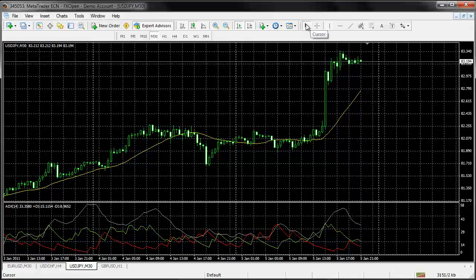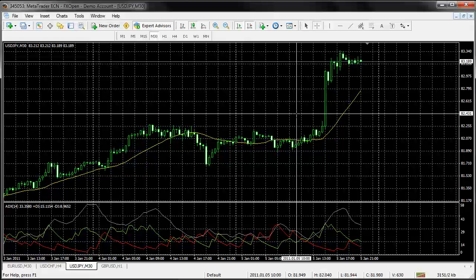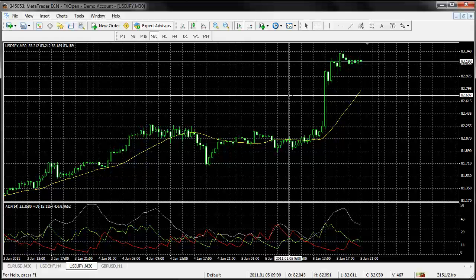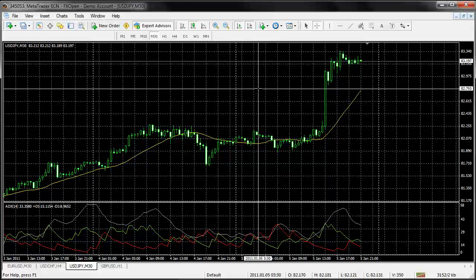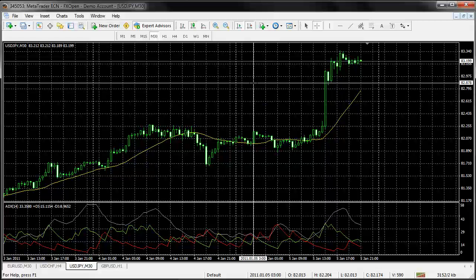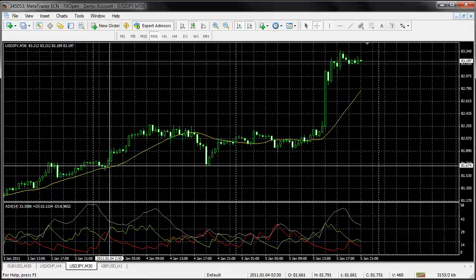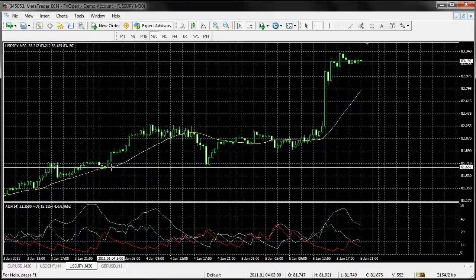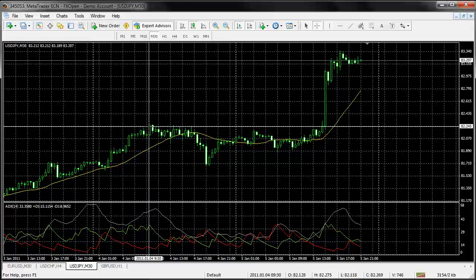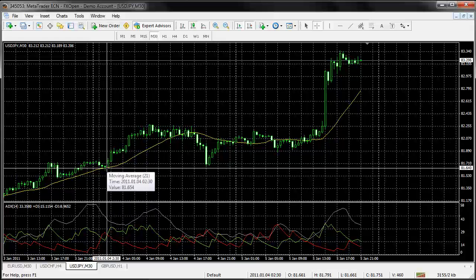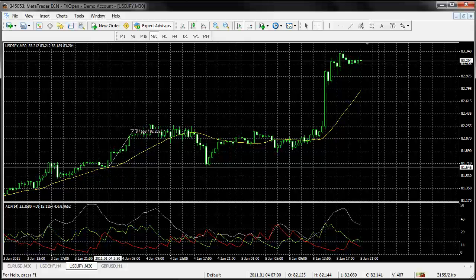Alright, now here is your cursor, which is what you see right now. Here is the crosshair, and this will bring a crosshair out. Now you can press your left mouse button at the section where you want. So let's say, for instance, that I wanted to work out what the pip difference was from this section here to there. What I do is I take my cursor down to below that candle, and then left click and